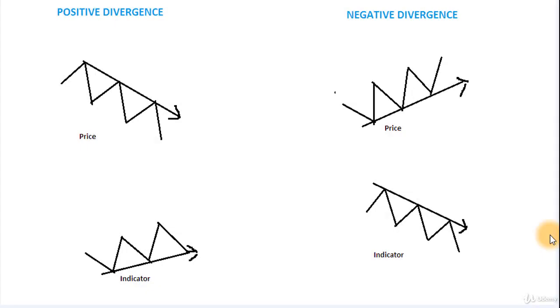In this module, we will learn about divergence, a very important tool that is observed between price and the indicator of a respective chart. With the help of divergence, one can get early signals to enter or exit. Whenever such divergence signals are received, one can take a position combining other indicators.